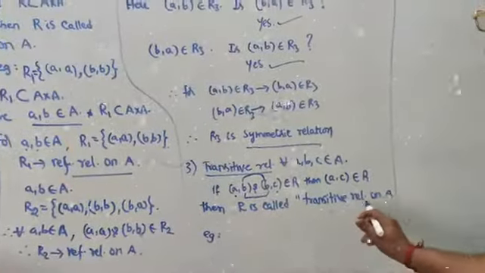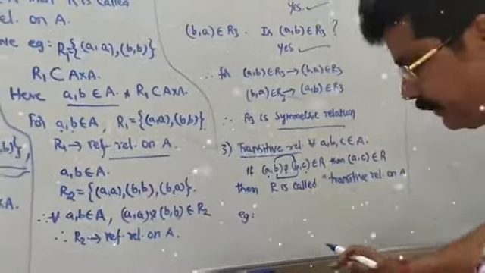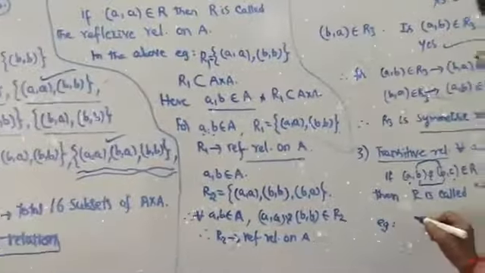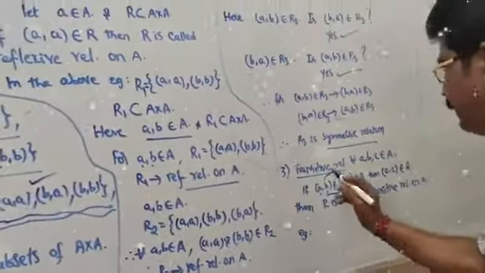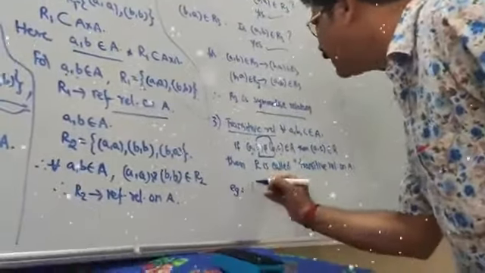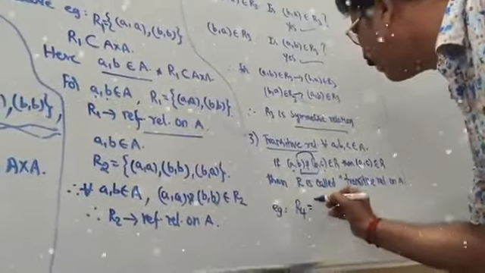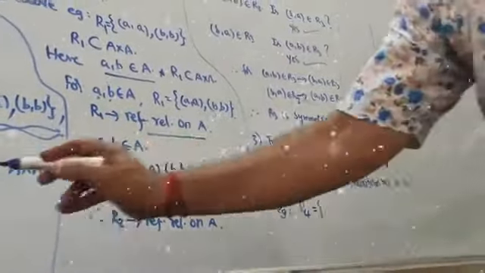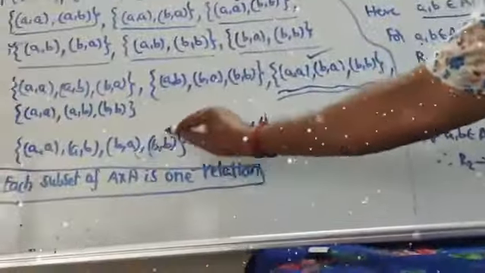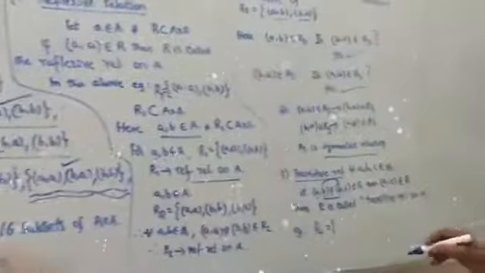It's called a transitive relation on capital A. Let us take one example. Capital R is equal to, say, R4. You can name it with any letter, just like R4. R4 is equal to, I'm taking this example, this subset: